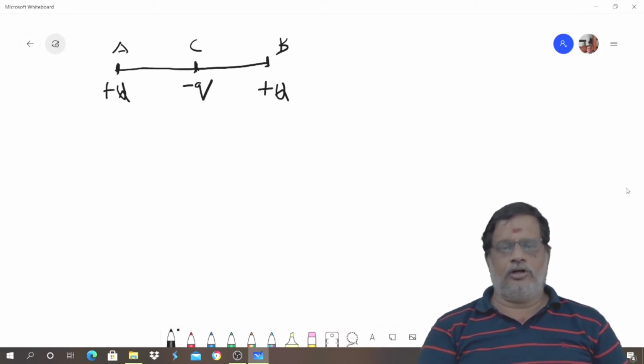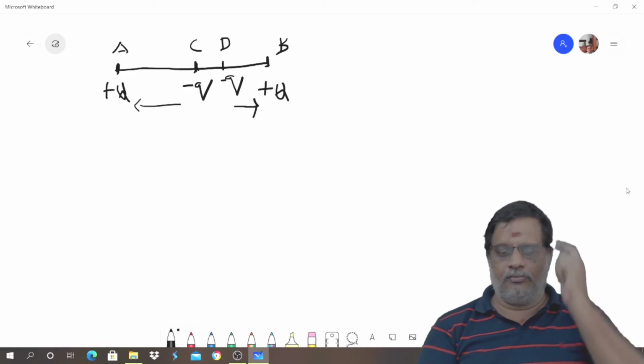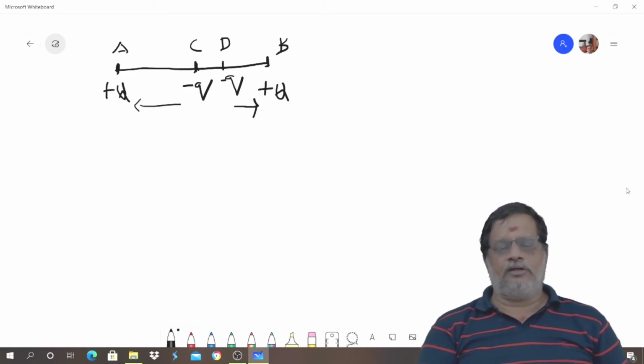I told you, in order to check the type of equilibrium possessed by the middle charge, you have to displace it. Now let me displace it slightly to the right, as we have done in the other case, towards D. Then you see the attraction between these two will increase. This is now attracted with a greater force towards B, and with a lesser force towards A. So the attraction between plus q and minus q placed at A and D will decrease, and the attraction between plus q and minus q placed at B and D will increase.